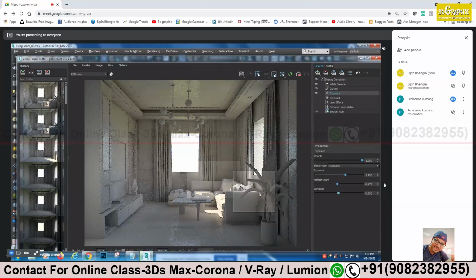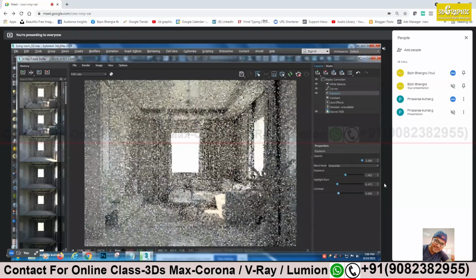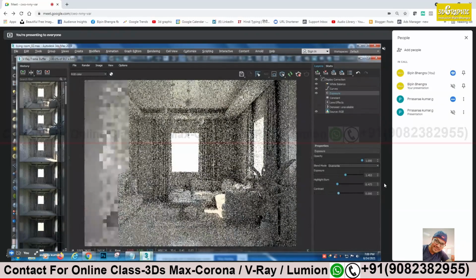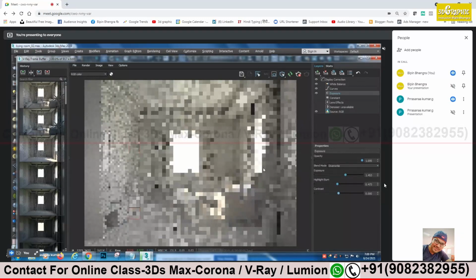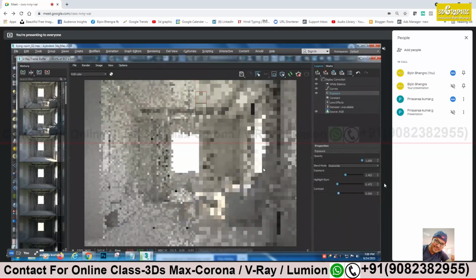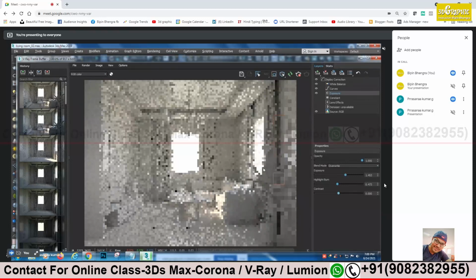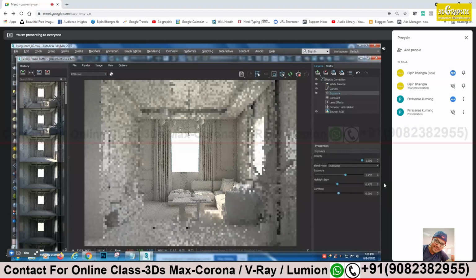It's coming out good. So in any case, in any file, if you are getting such problems, where the lighting is not coming proper, whether the brightness is too much or the darkness is too much, turn off all the lights, turn them on one by one, and take a test render. That is the right way of solving such problems.